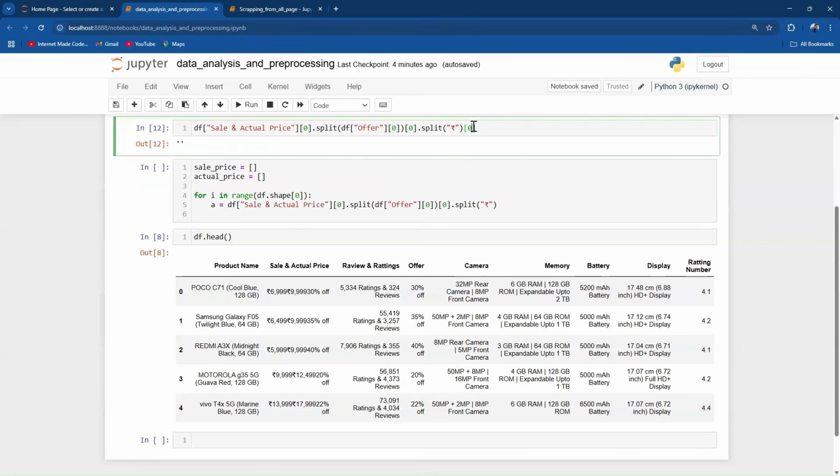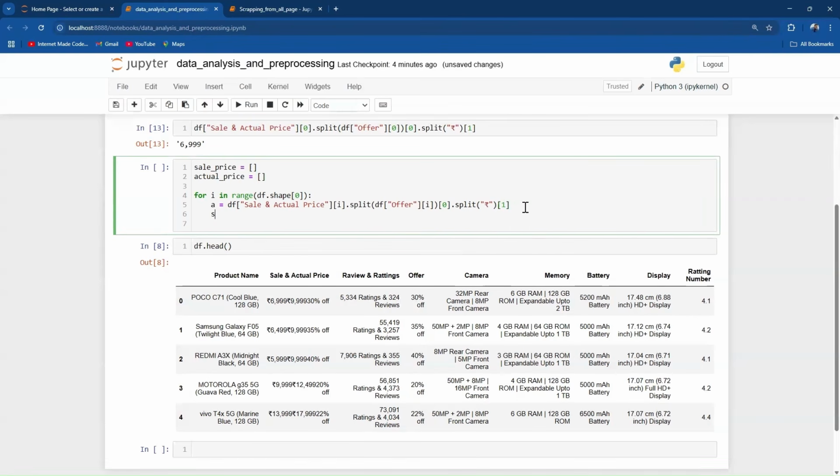Oh, sorry, not 0, 1. That value will be your selling price, right? That value will be your selling price, and here it should be replaced with the i, and yeah, i. Okay. So what else? And the selling price, let's try to just append it over here. Sell price dot append with the